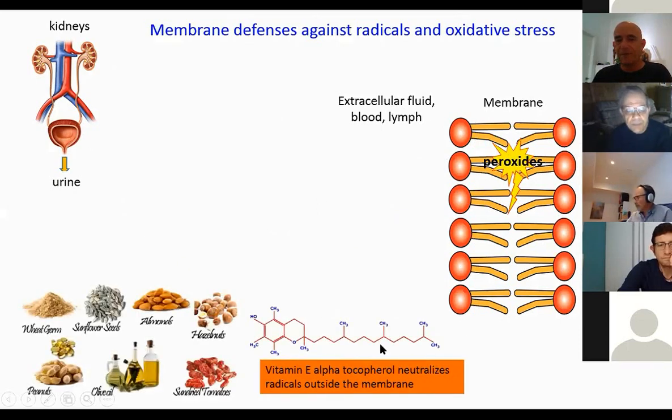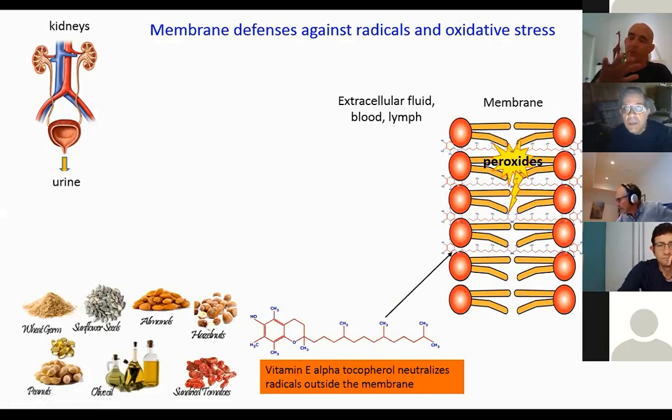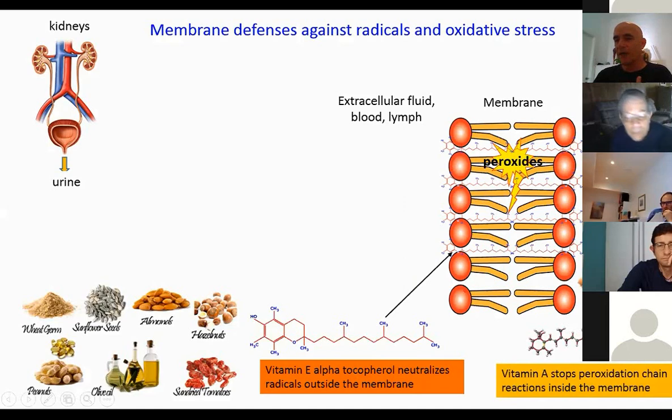And we eat vitamin E, and the vitamin E is incorporated specifically in the PUFA areas. If you know the structure of the cell membrane, there are PUFA concentrated areas, and there are the lipid rafts. So this is the PUFA area. That's where you find the alpha tocopherol. Then we eat vitamin A, and it is incorporated within the membranes themselves, inside.